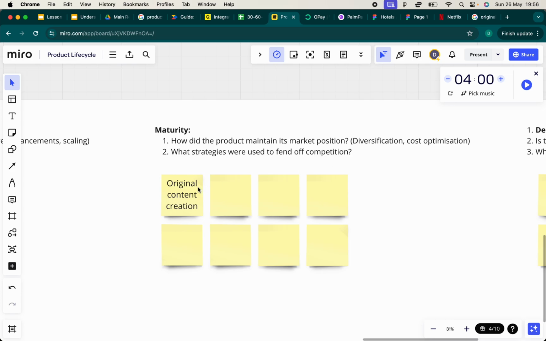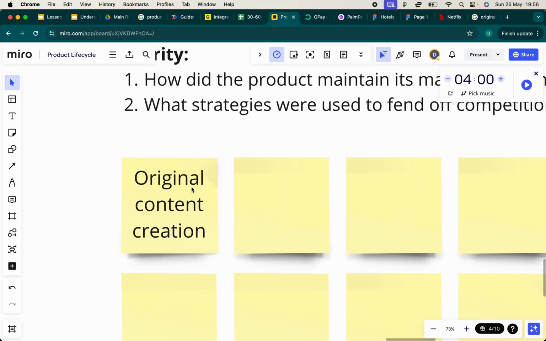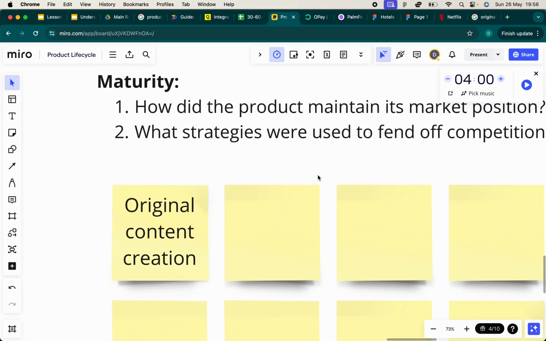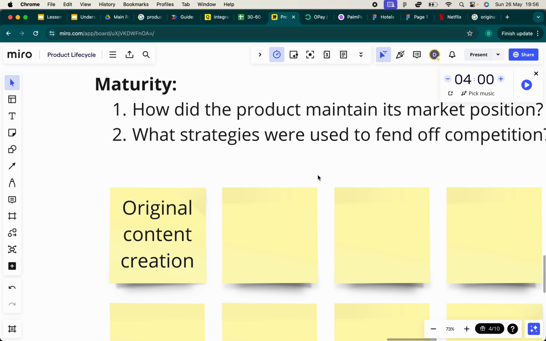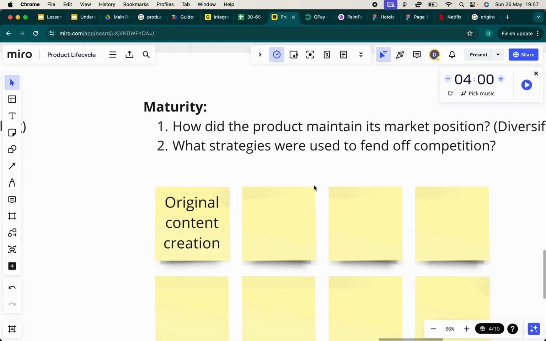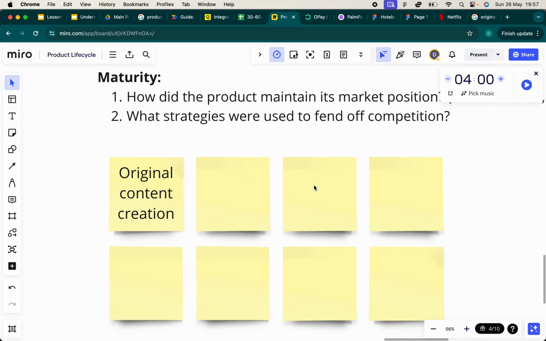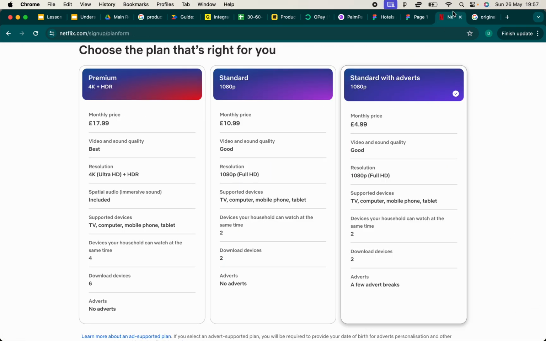And so Netflix did that by creating original content. Original content just means it's something that they created. They wrote scripts and created their own movies and shows and were distributing that on their platform. And so people were watching, and therefore they are happy to continue paying their monthly subscriptions because they're getting content.